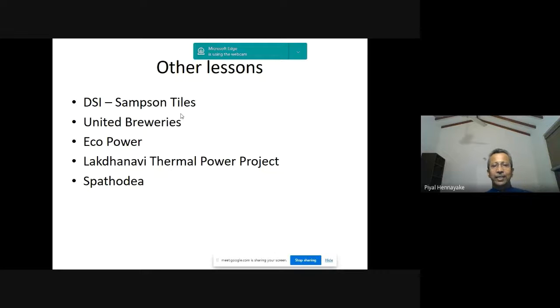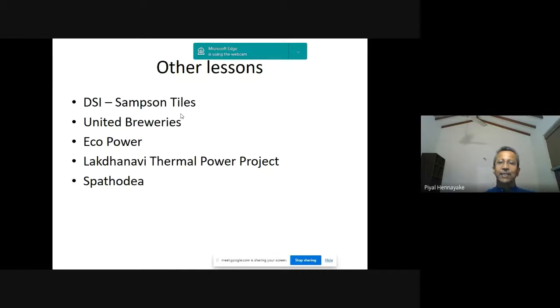Then Eco Power is a successful group in power projects, and most of the banks have financed it. There was this Dr. Ramesh Dayas Bandaranaike, who was the CEO at that time. And later, after retiring from HNB, I joined for 2 months before moving to Ceylon Bank. And they are still doing well. They have projects in Uganda. I visited one Uganda project when I was there for 2 months.